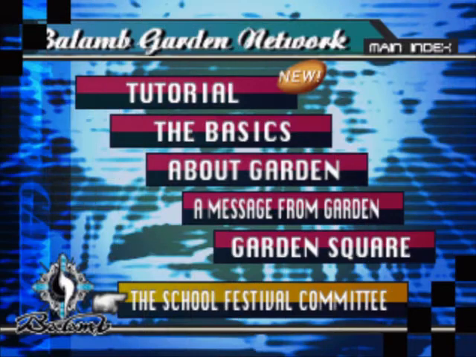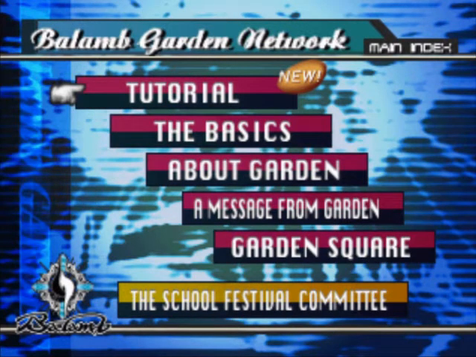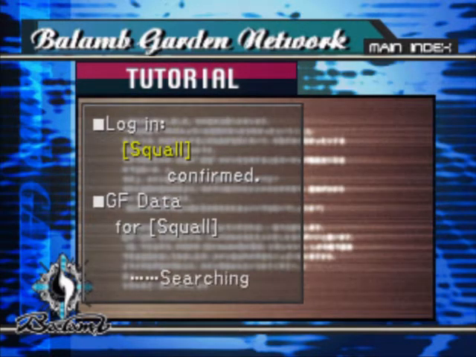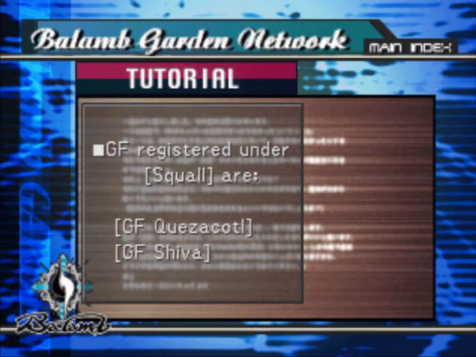Well, it sounded like he was distracted from becoming a seed, but distracted by something his heart was for, so hopefully he'll be able to succeed in such a venture, doing what he likes. Alright, and the tutorial here, if we log in, we get two Guardian Forces, Quetzalcoatl and